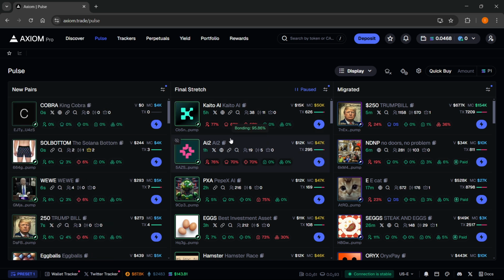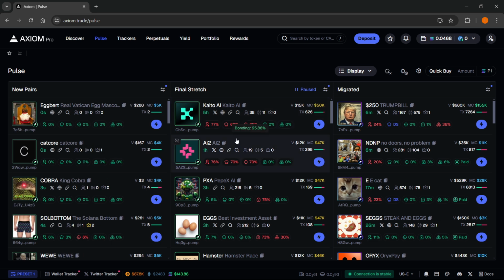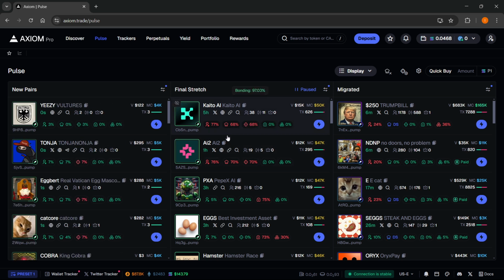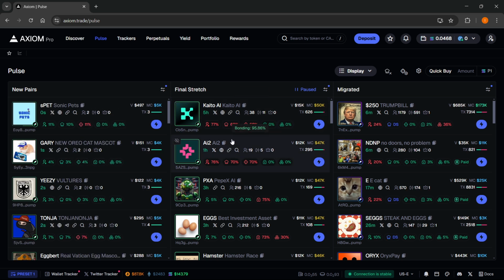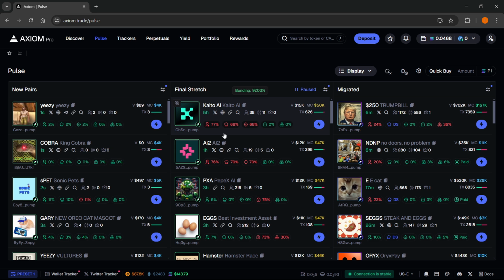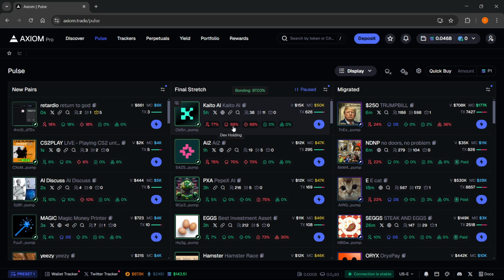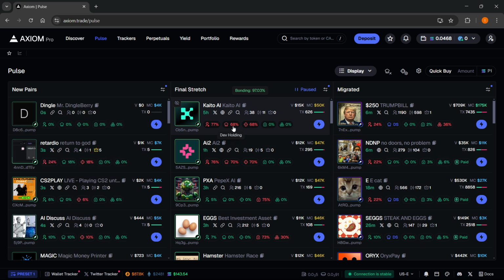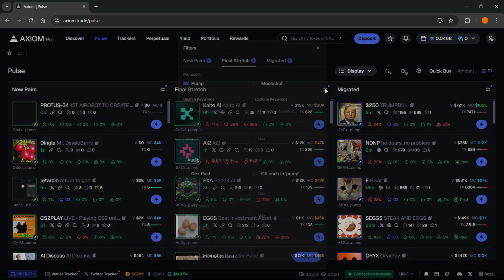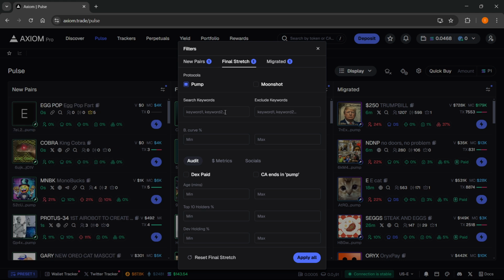Before I begin, I am not any type of financial advisor. I'm just showing you what you should be careful of, and I'm not saying that the filtered coins will be good. Of course, most of them will not be good, so do your own research. I'm just here to make a suggestion of what you can do if you want to, but of course you don't have to use it. So click over here where you can apply those filters,